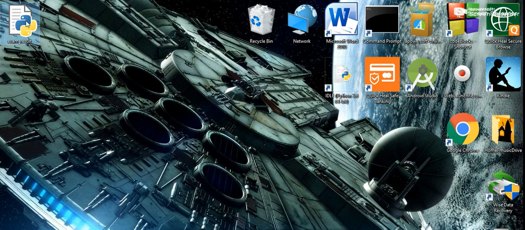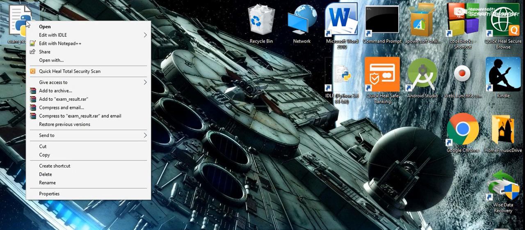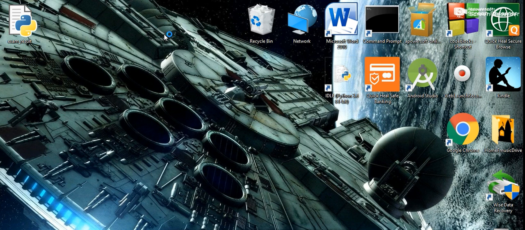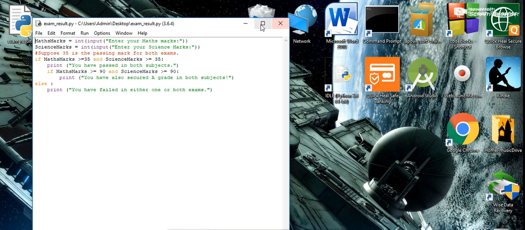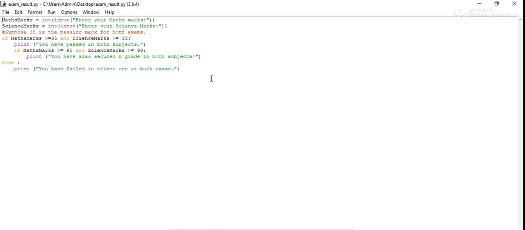We'll right click over the icon and then edit with IDLE, and here's our program, and we'll now edit it. So the simple way to come out of this problem is, after the if else statement you need to have an input statement that states,